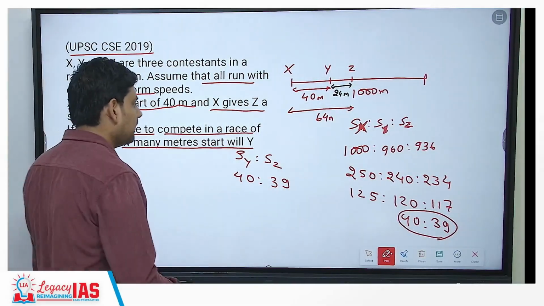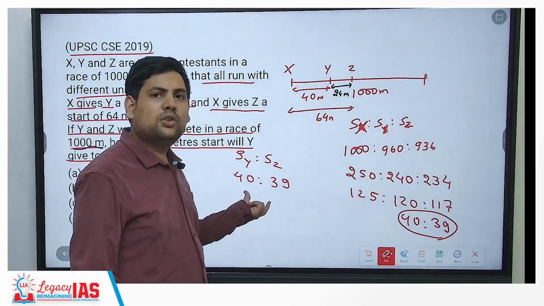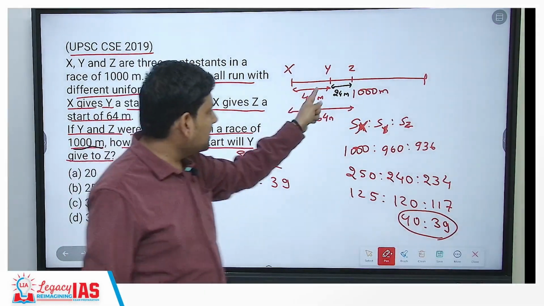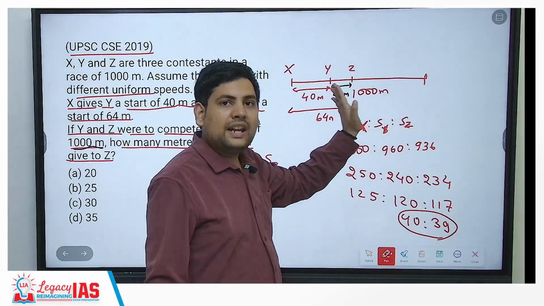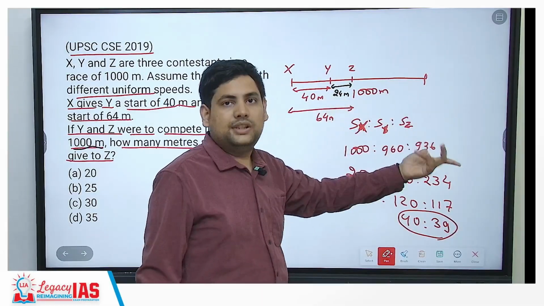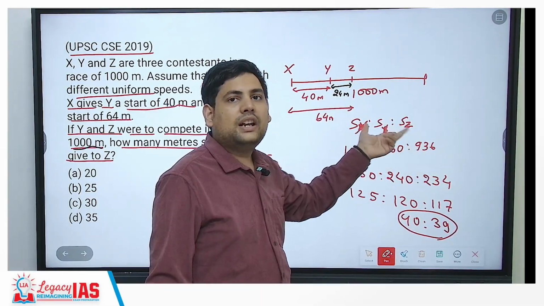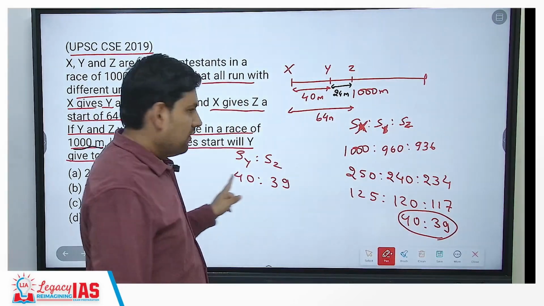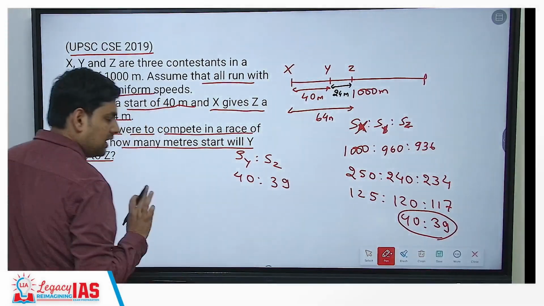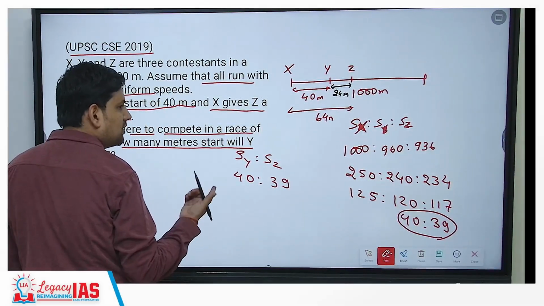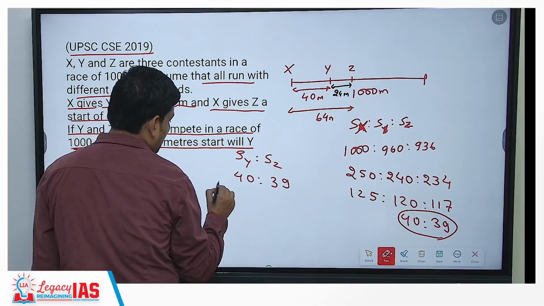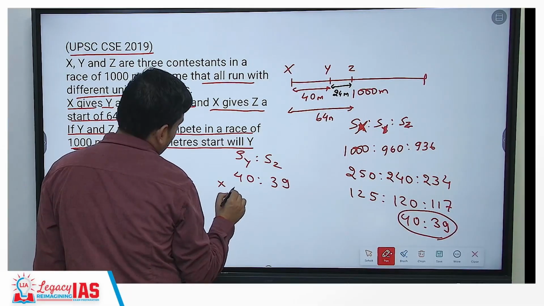If this is so, 40 ratio 39. Now, but this is for what distance? This is only for when they are not completing the race. So in this case, Y is going 960 meters, but in the question it asks when Y goes 1000 meter, then what will be the start that Y can give to Z. So this I have to reach till 1000 meters. So 40 ratio 39 is fine. Now I want both of them to reach 1000 meters. So what I can do? I can simply multiply this with the